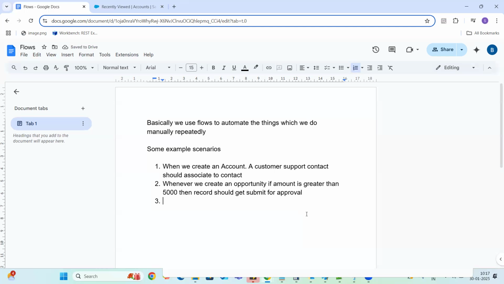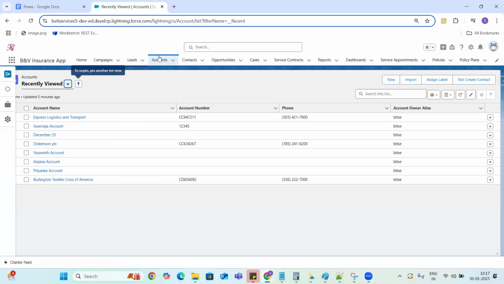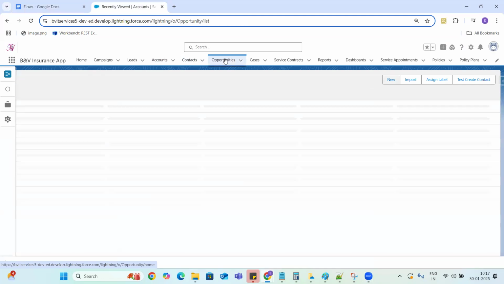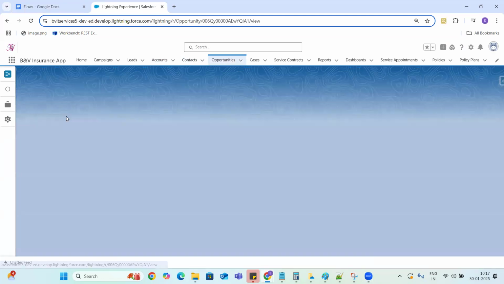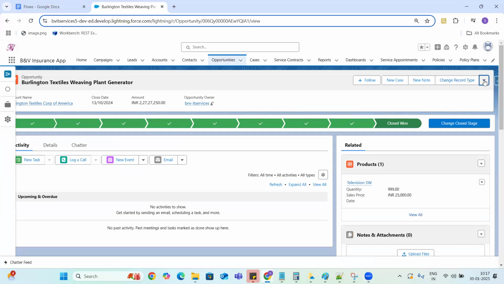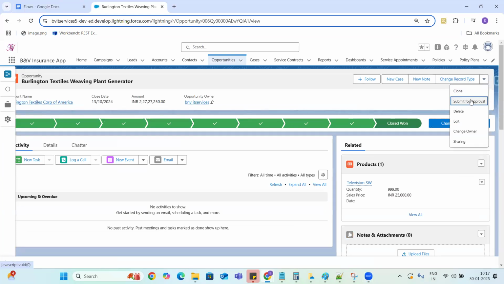Basically, guys, whenever we want to submit any record for approval, in our org, if I open up any opportunity record, you will see a button, the submit for approval button.